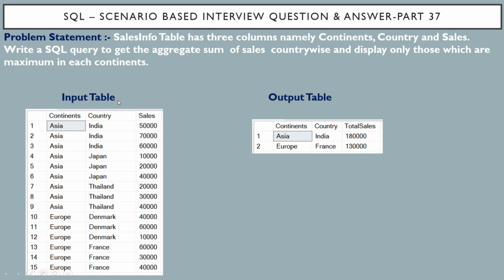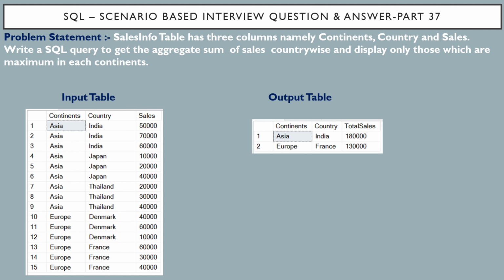So if you see the input table once again, we have mainly two continents, Asia and Europe. Under continent Asia, we have three different countries, India, Japan and Thailand. Similarly for continent Europe, we have Denmark and France. So what we have to do is first get the aggregate sum of the sales country wise, and then display only those countries along with the continents which are having